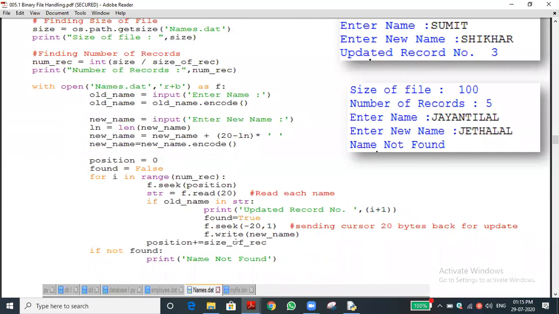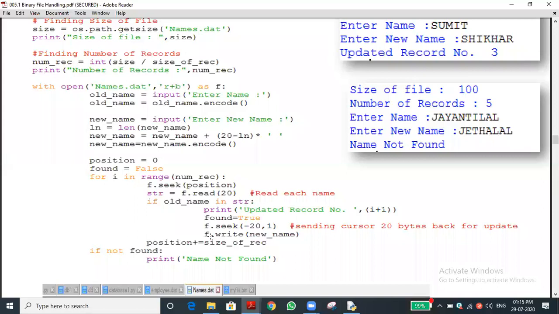I will tell again. Have you understood why it is minus 20? Yes, sir. We are traveling towards the reverse side. So the pointer will move minus 20, meaning 40 minus 20, it will go in the reverse direction from the current position by 20. That is the thing. The pointer will be placed after 20 or before 21. In between 20 and 21, the cursor, the file pointer, will be there.